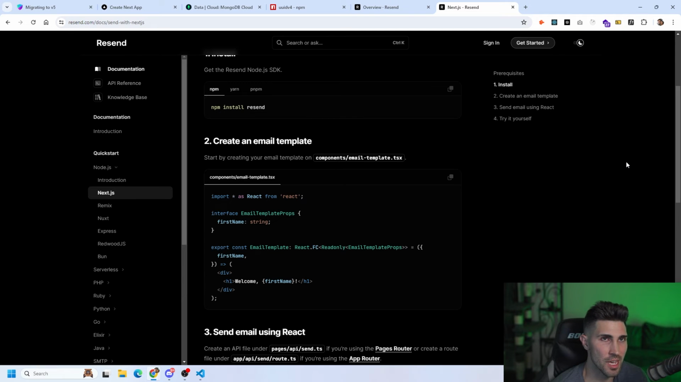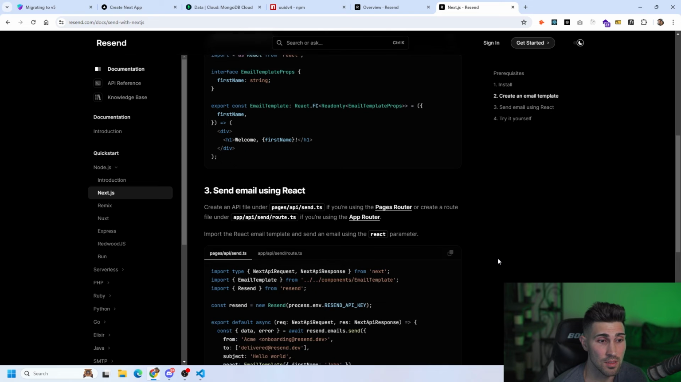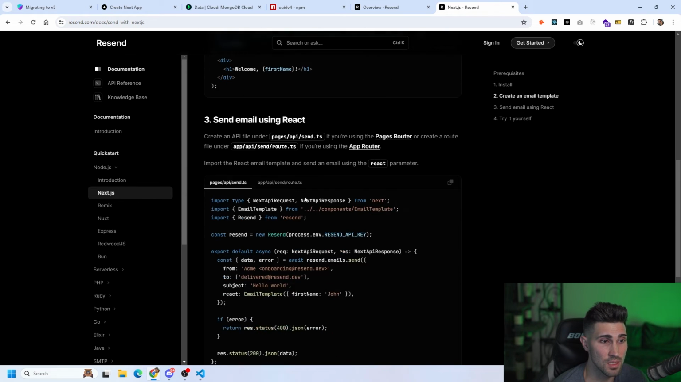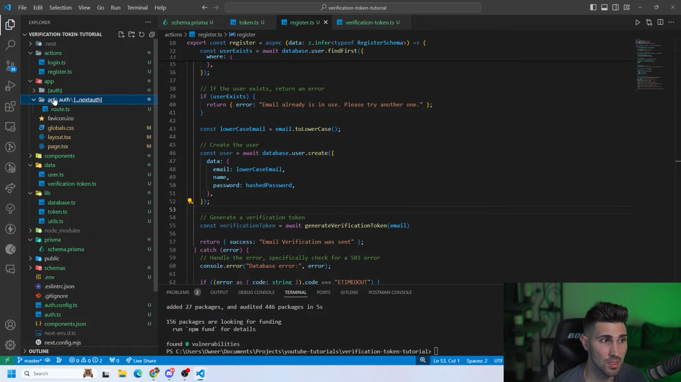This is just an extra step. It makes your emails look better, and I'll actually have a different video on how you could use React Email with Resend to make your emails very custom to your brand. And the next step in step 3 is going to be to create an API file under app/api/send/route.ts. So what we're going to do here is app, API,